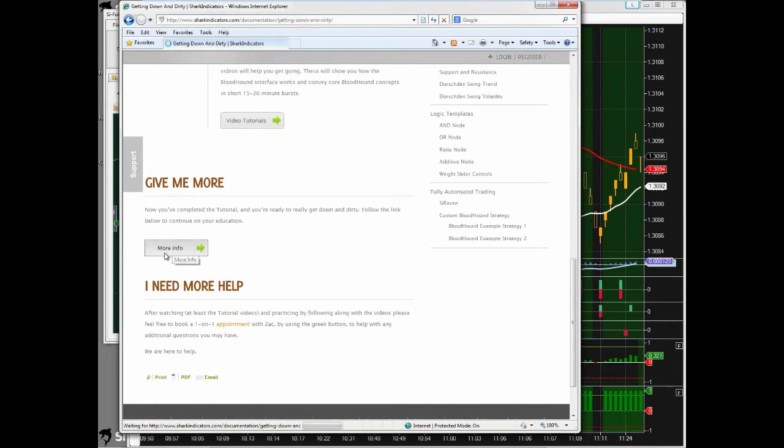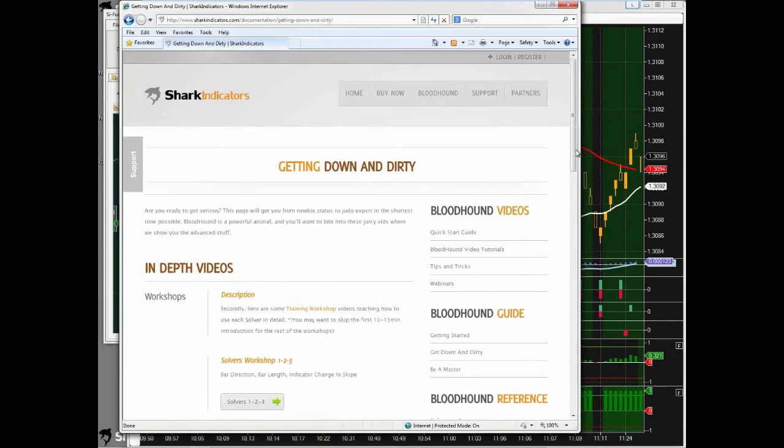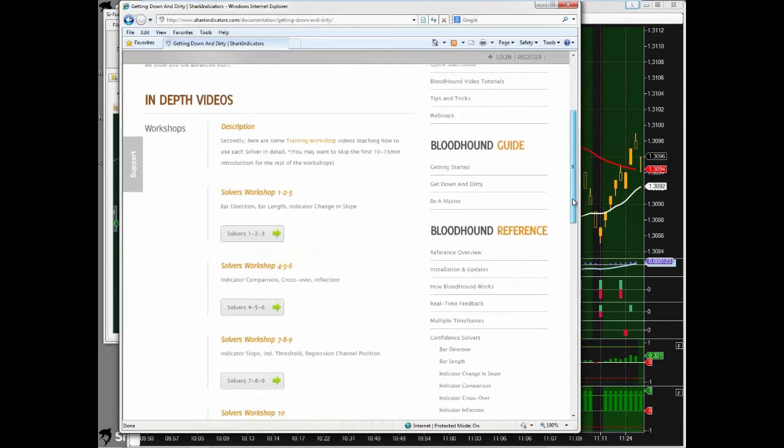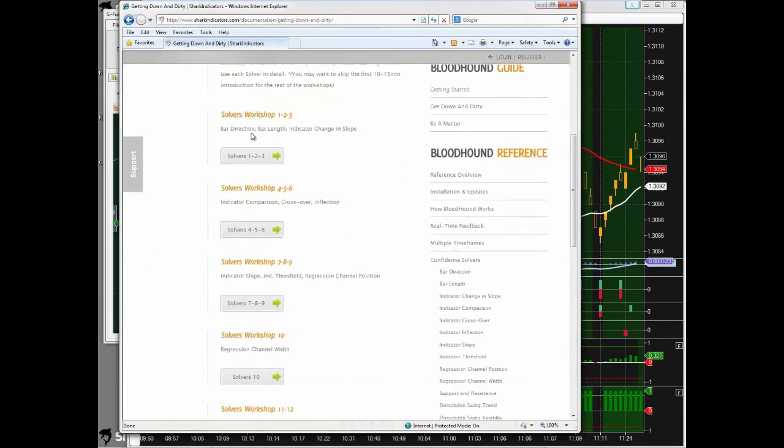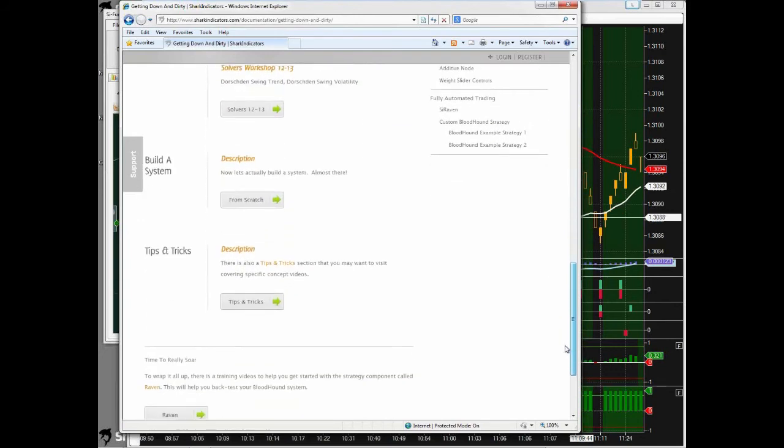So if I click on the give me more, and then you'll see there's a list of, come on, Internet Explorer. This is running really slow. All right. So if I scroll down, you'll see there's videos for each of the solver nodes listed in order, and then down at the bottom,